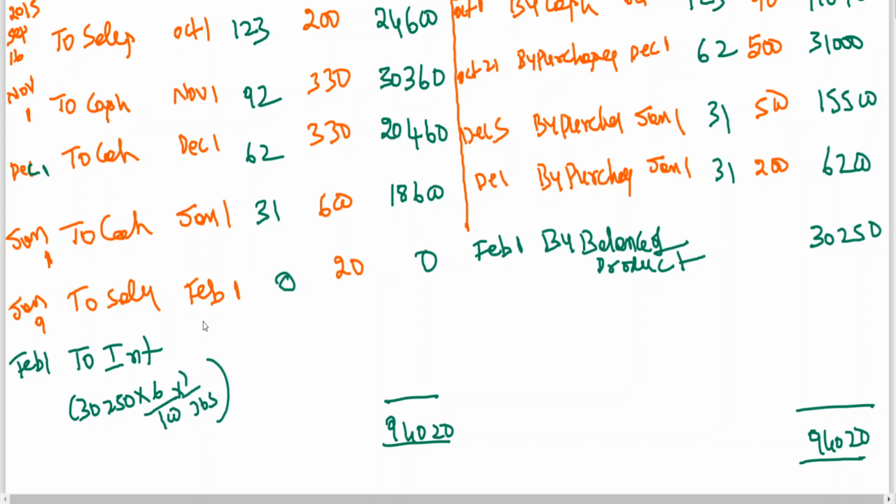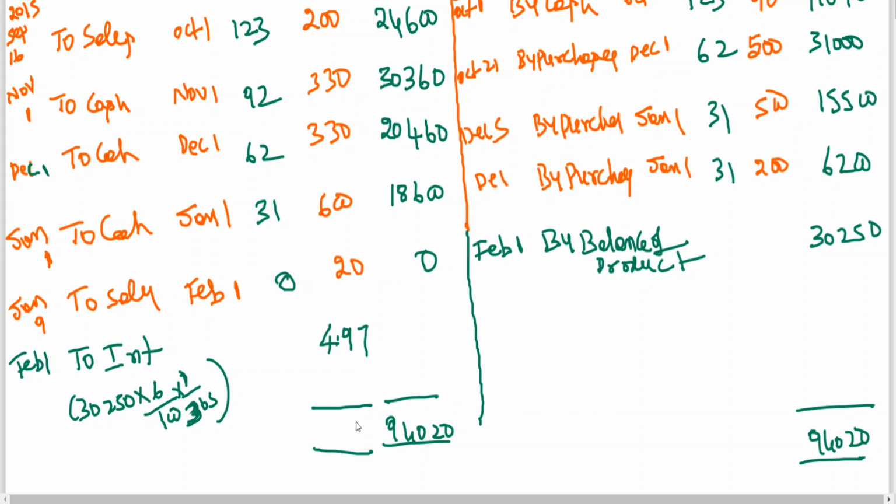For this, no need to go for working notes. It's your wish. In the solution itself you can do it, or if you want, you can do it outside the problem. So which side should you write interest? The side, the product which is showing more, that side you should write. So it is coming to 30,250 into 6% divided by 360. You're getting 4.972, so I am writing 4.97. You write now in the amount column.